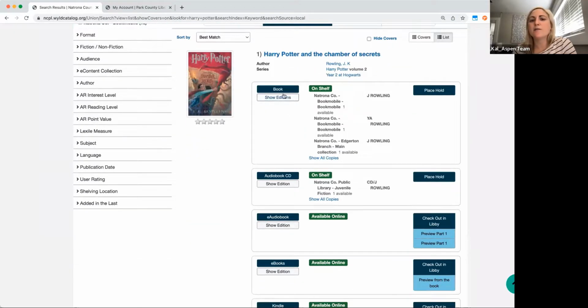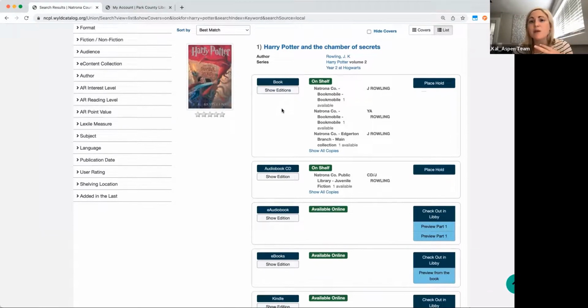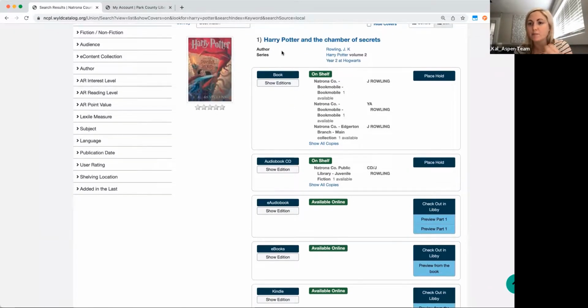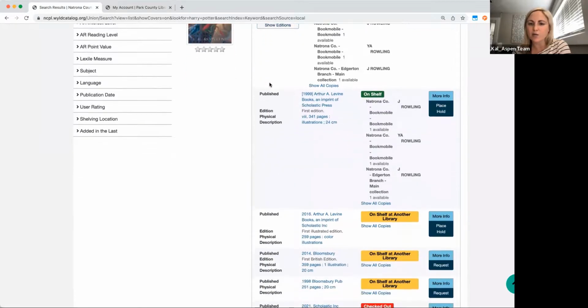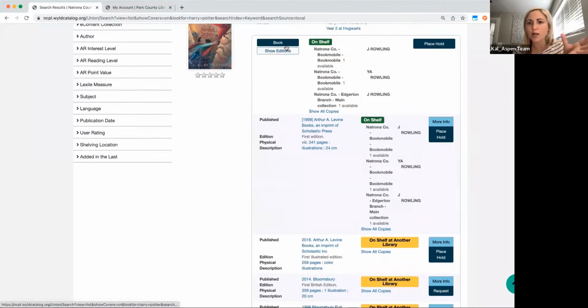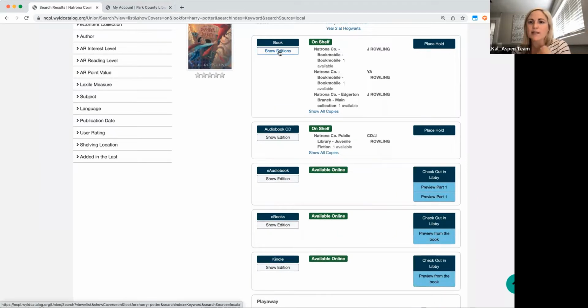Yeah, so for those classics that maybe you own multiple copies of, like Harry Potter because it's been printed by different companies over and over again, or Pride and Prejudice or Huckleberry Finn, those classics that we might have all kinds of different versions of. In your previous catalog, it might live on separate bib records. So what ASPEN does is it actually groups them all together in one place. So you can see if there are multiple editions of a work, it will have a button that says show editions. So you can expand that and get more information.